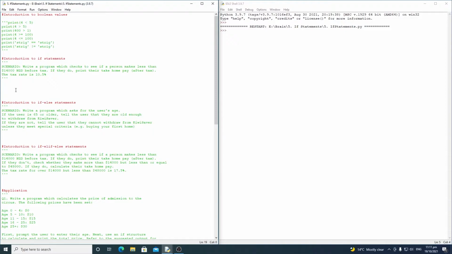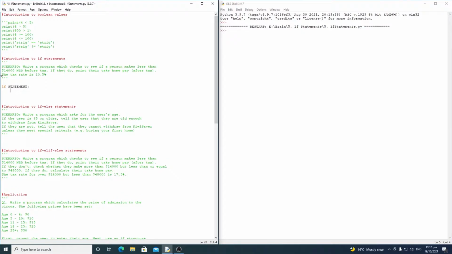Any if statement in general will start with the keyword if. So we'll have if, and we're going to put a statement here. I'm just going to write statement, and then we put the colon there. If you click enter now, you'll see that it indents. What we do in the indent is write what we want to happen if that statement is true. So for example, we could print